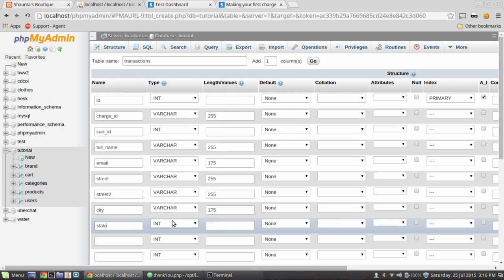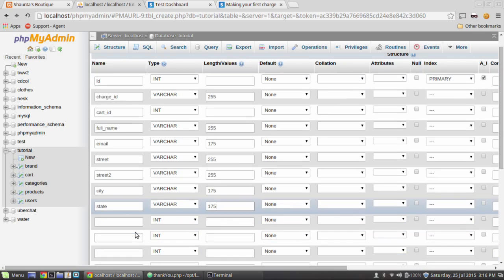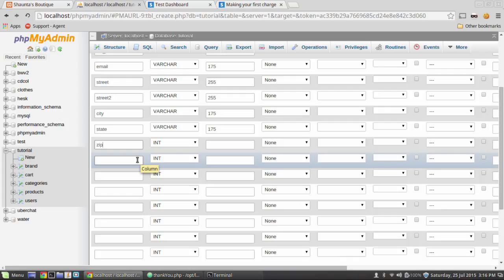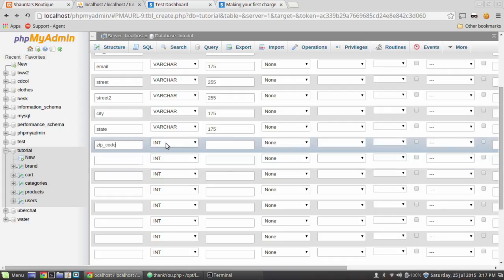State, 175 again. You can set those at 255 if you want. I don't think there are any states or cities that are going to be more than 175 characters, but hey,